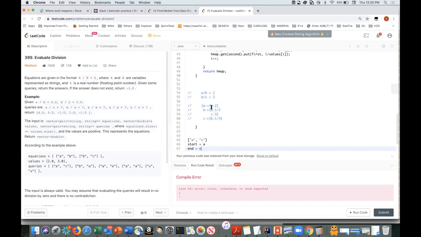So I call this hash map again, where start is equal to B, because those are the submaps I am getting. So for each submap, whatever I'm getting, I call the same function again, changing my start value, and the end value will remain the same. So now I call this hash map again with the start value as B and end value as C. So I directly get a value 3 in the hash map. So in visualization, we are actually doing the same thing that Roger was explaining, which is traversing through a graph and figuring out the path. If there is a path from A to C, then we are looking for a path from A to B and B to C.